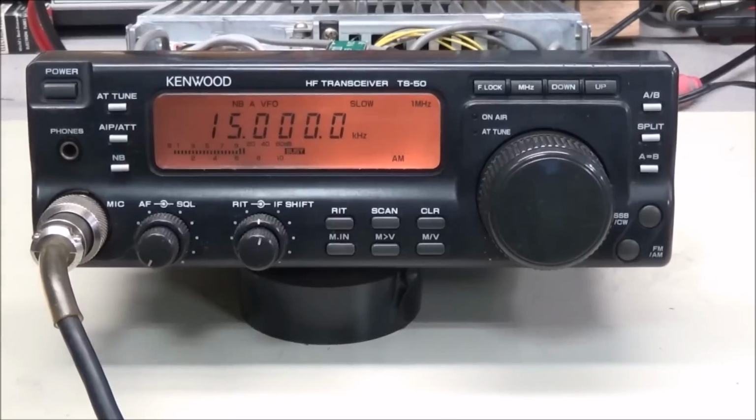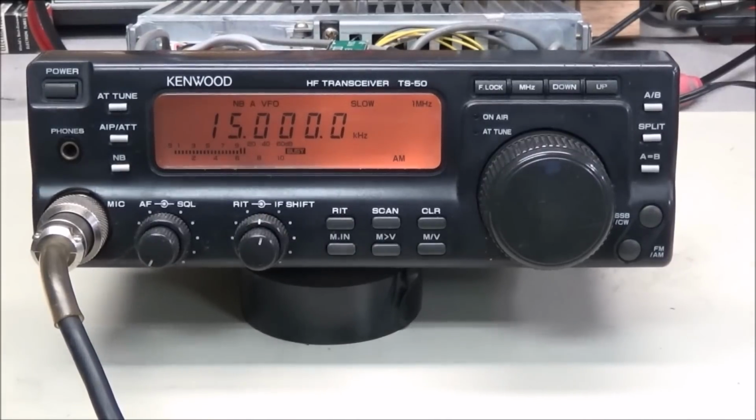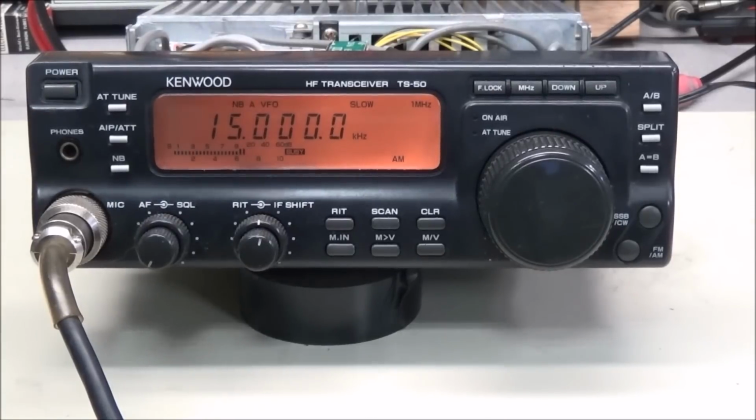Hi, we have the TS-50 back on the bench. I wanted to see if I could get around to trying to finish this one up. I've been very busy here in the shop and at work, and only getting about one day a week to get in here and work. So it's Friday evening and it's snowing outside, so I thought I'd put this on the bench and take a